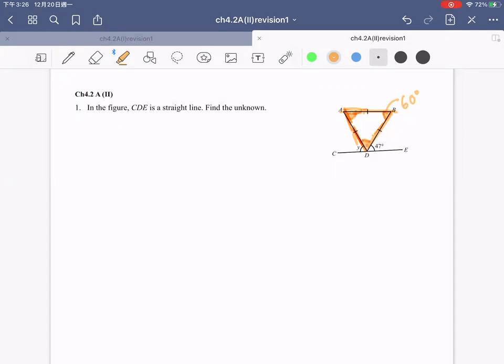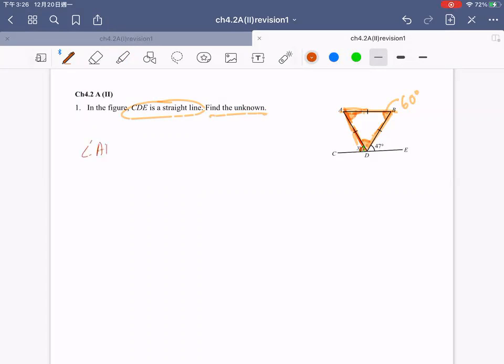Okay, so again, we need to put all the information given in the question and also the unknown in the figures. We have the straight line CDE and the unknown, that is y here. So that's easy, right? Because we have learned that for any equilateral triangle, all the interior angles must be 60 degrees. So we can state that